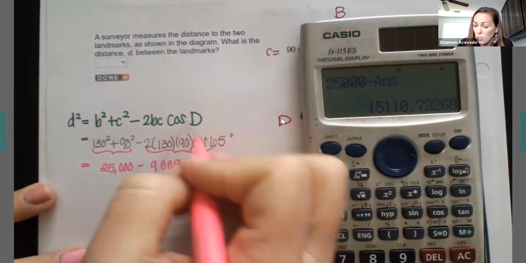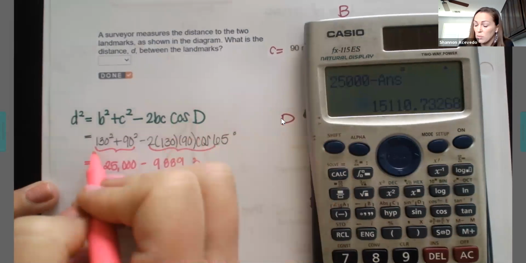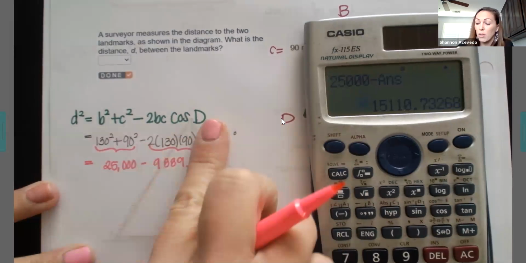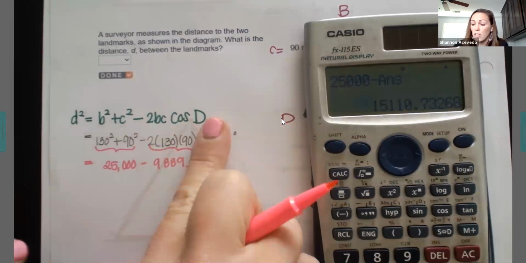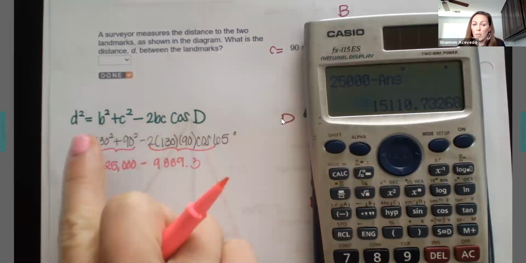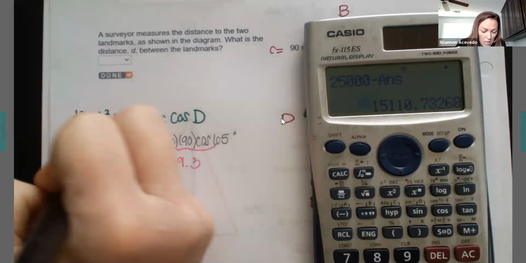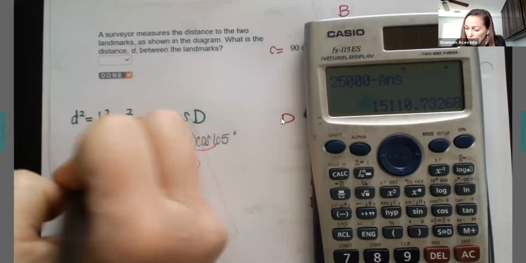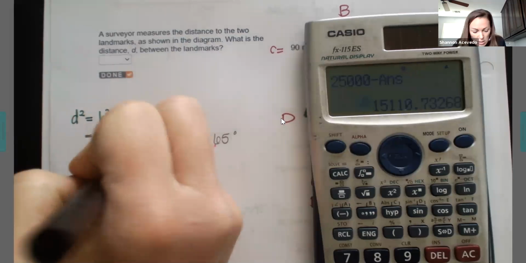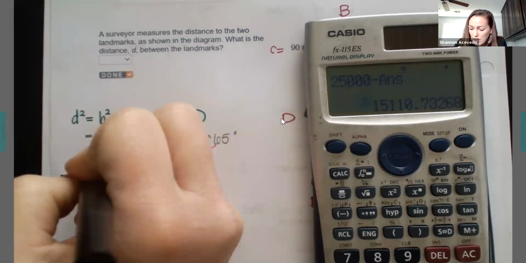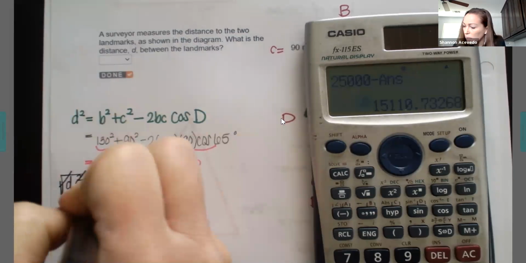so remember, I do all of this as one value, and I do my first set, these two together. So that's where these two numbers came from. You cannot subtract this number, the coefficient of your cosine, with this, and that's a common mistake. So be careful there. All right, so I go ahead then, and I have that D squared is equal to 15,110.7. I want to take the square root of both sides, and this tells me that D is approximately